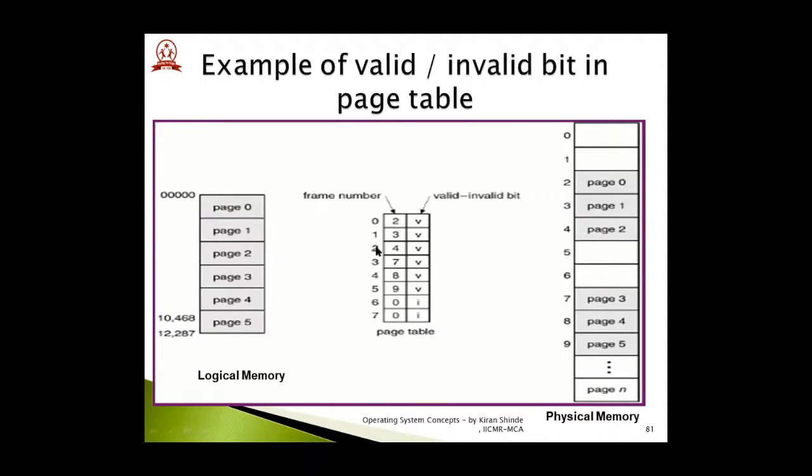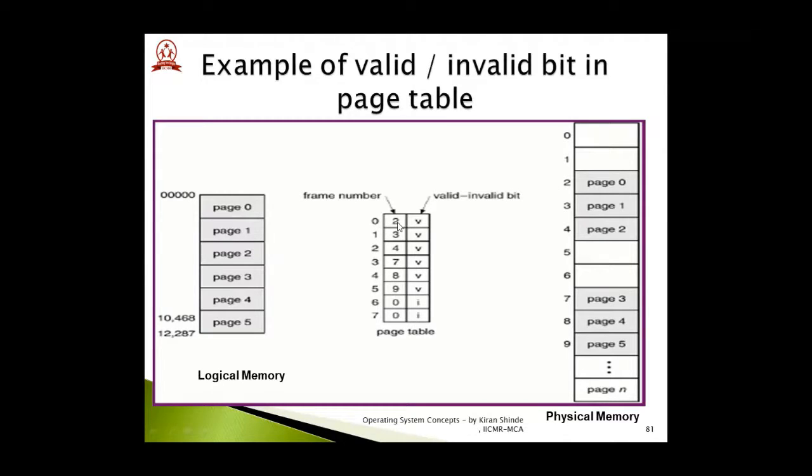Okay, so these are nothing but the page numbers, and these page numbers are actually mapped with the frames in the physical memory. As an example, you can see this page number 0 is mapped with frame number 2. These are nothing but the index numbers of your physical memory, which are showing you the frame numbers, right? So here the frame number 2 is mapped with page number 0. Okay? You can see from this, 0 is mapped with 2.